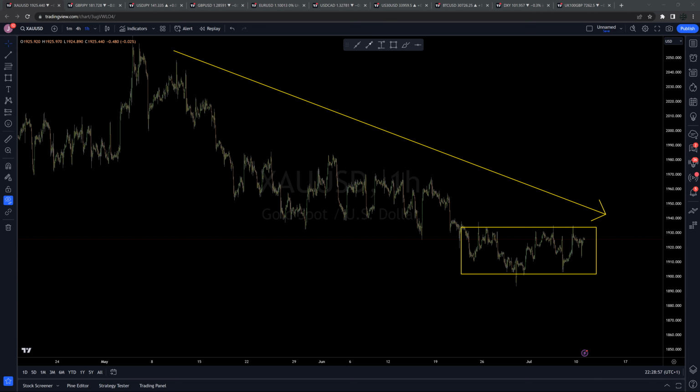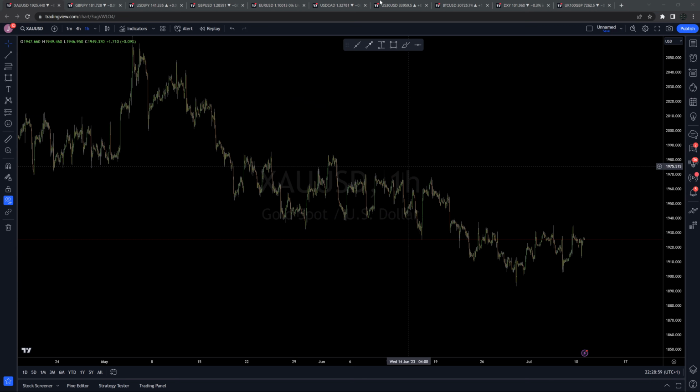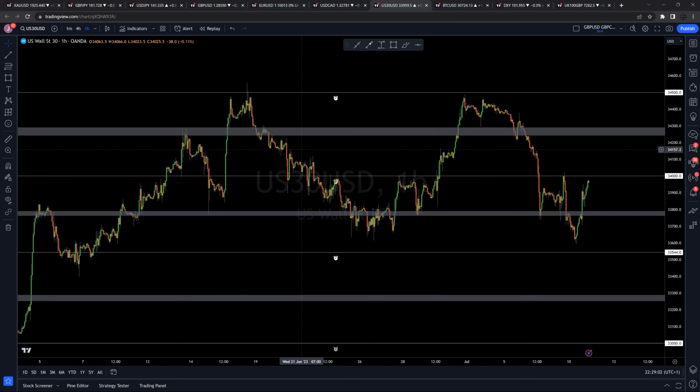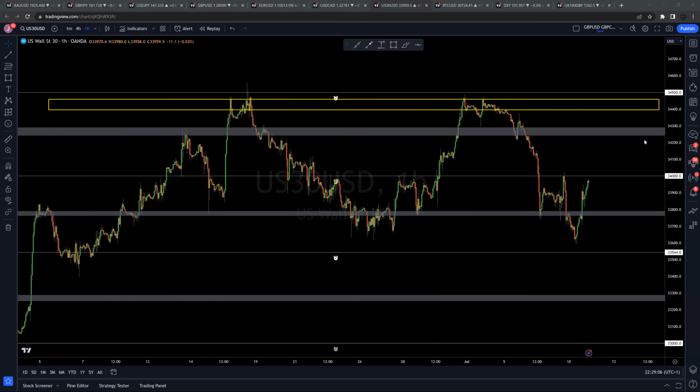Now, we can see also when we're looking at other asset classes, equities in the example of US 30, even though we're still getting that major exhaustion at 34,500 and that important liquidity zone we have highlighted on the higher time frame and reviewed time and time again, we're still not seeing major short selling in the market, or the market's really taking Fed's comments too seriously. Feds have still been pushing the narrative of rates being up higher for longer, but it just looks like the markets are generally focused and hoping for another declining inflation report so they can still try to keep markets in terms of equities at these higher price points.